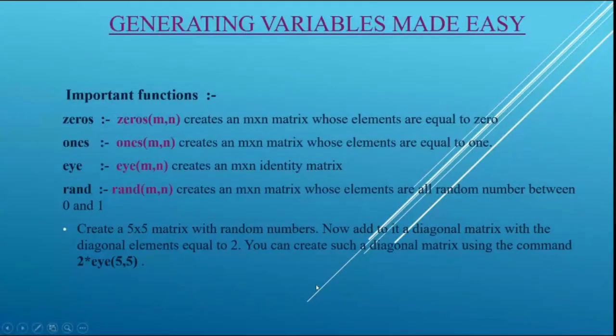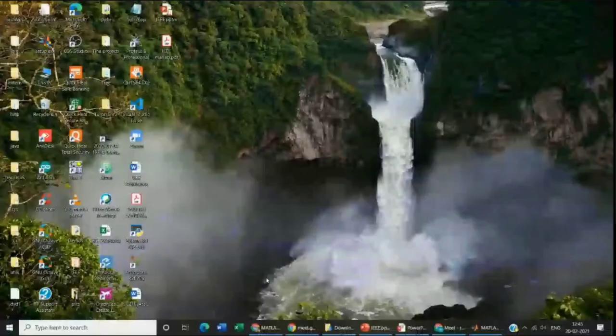Now we have a problem here. We have to create a 5 into 5 matrix with random numbers as we have created earlier. Now we have to add it to a diagonal matrix with diagonal elements equal to 2. So eye of 5 into 5 gives an identity matrix with diagonal elements 1. If we want diagonal elements 2, we will simply multiply it by 2, which gives 2 multiplied by 1, so 2 only in the diagonal. So we will run it.